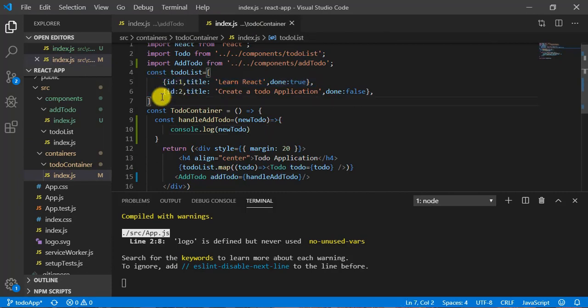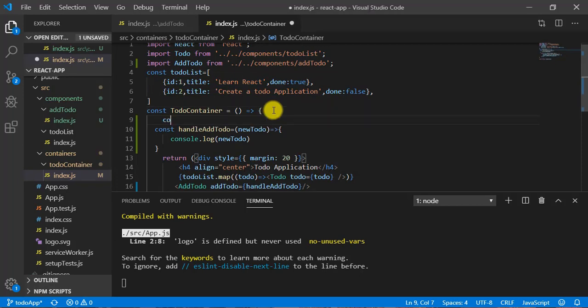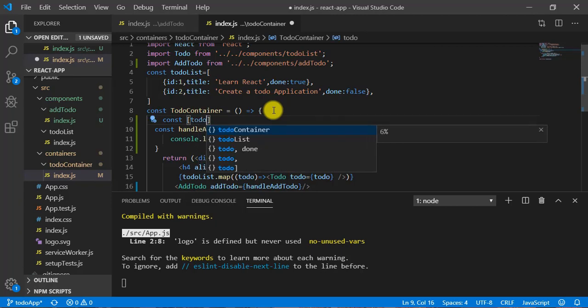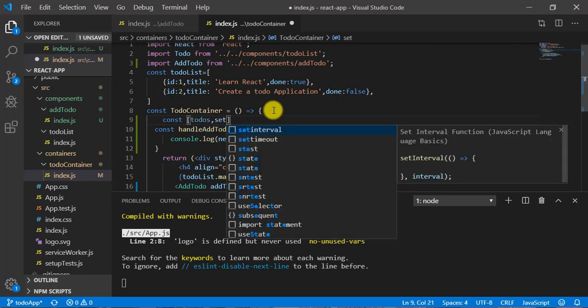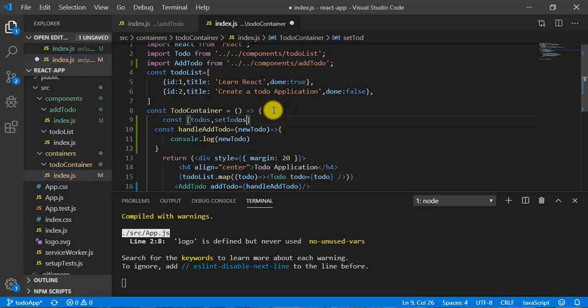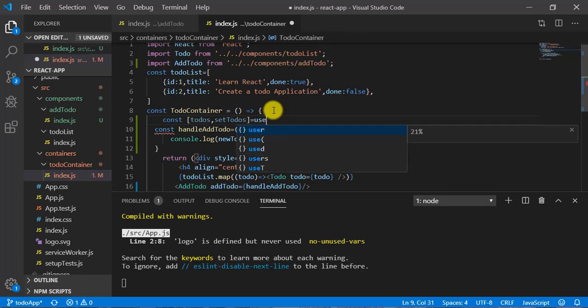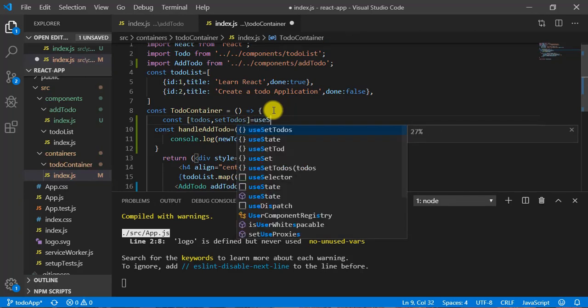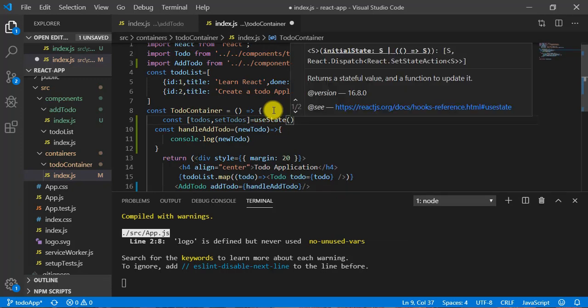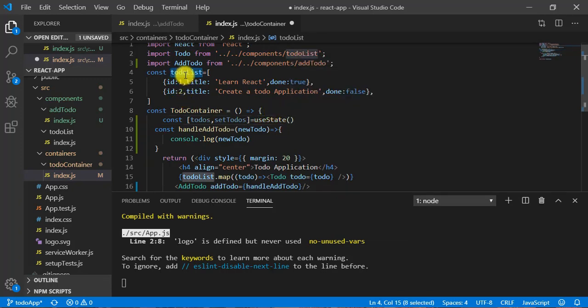So for that we need to manage a state. So let's create a state. So const todo and setTodo, okay, and here use useState, and the initial value I can define this todo list, okay.